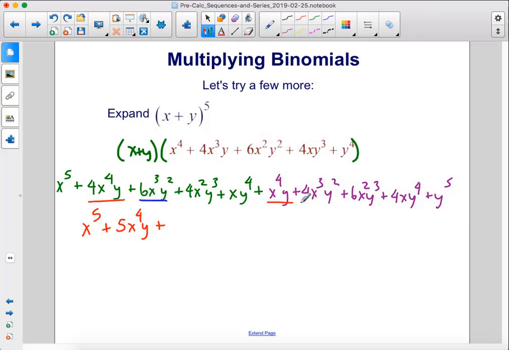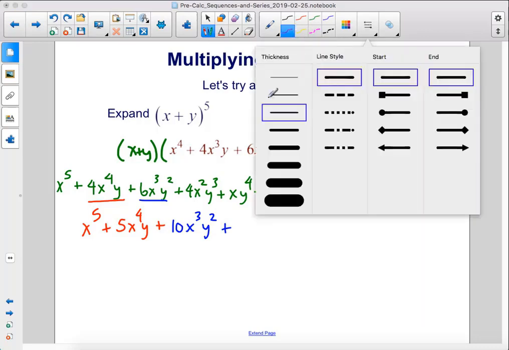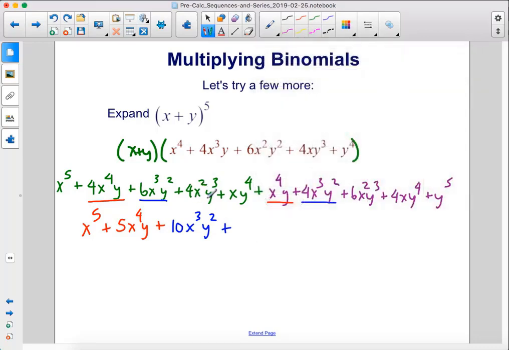X cubed y squared here. So we have 6 there and 4 there, so that's 10x cubed y squared plus, all right, we have x squared y cubed. X squared y cubed. We have 4 there and 6 there, so that's 10x squared y cubed plus,